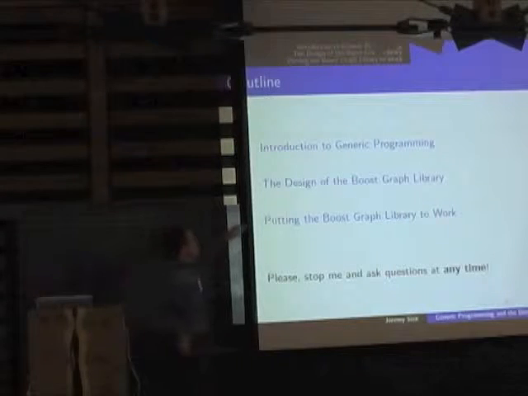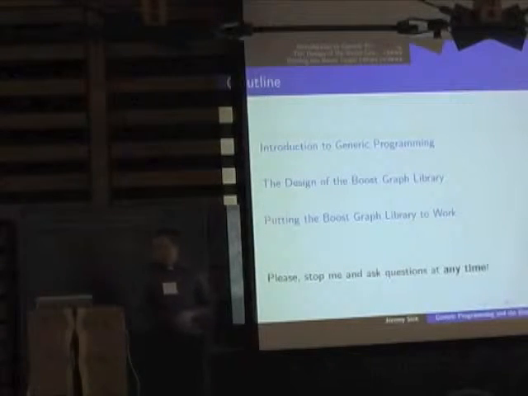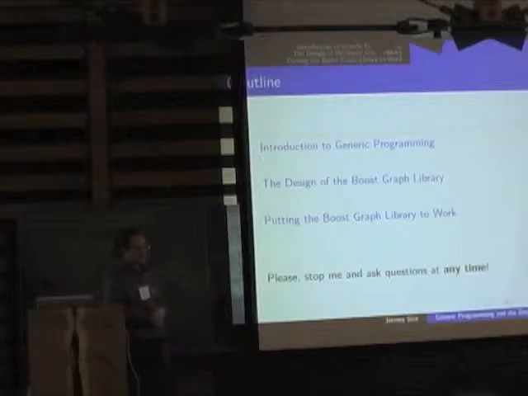Maybe part of the reason this is particularly important is that the Boost Graph Library doesn't look like a lot of other libraries out there. Maybe now it's starting to. Compared to other Boost libraries, there's a lot of similarity, and a lot of the Boost libraries are also trying to support generic programming. But if you look at some of the older, more object-oriented style libraries, or even some modern libraries in other languages like Java, there will be quite a bit of a difference. You might be wondering, why is it different? Why is it this very strange look? So maybe I can help answer some of those questions as well.